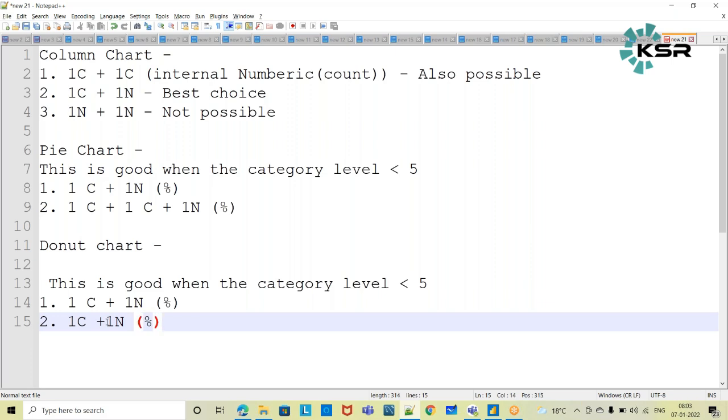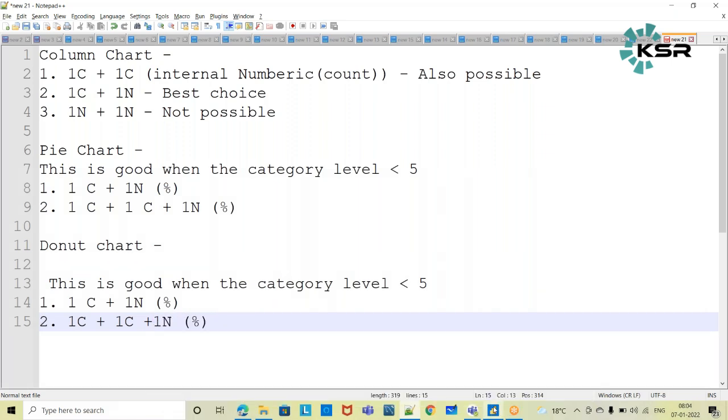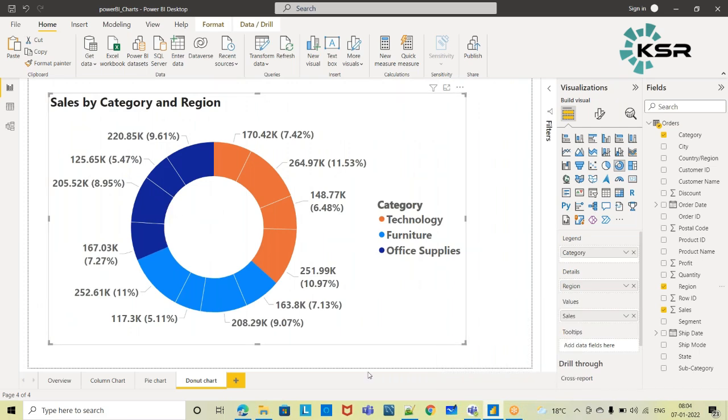We added one more categorical also with respect to category and with respect to region. So these are the takeaways for pie chart and the donut chart. So the disadvantages which we have faced here, we will be seeing this in the next videos.